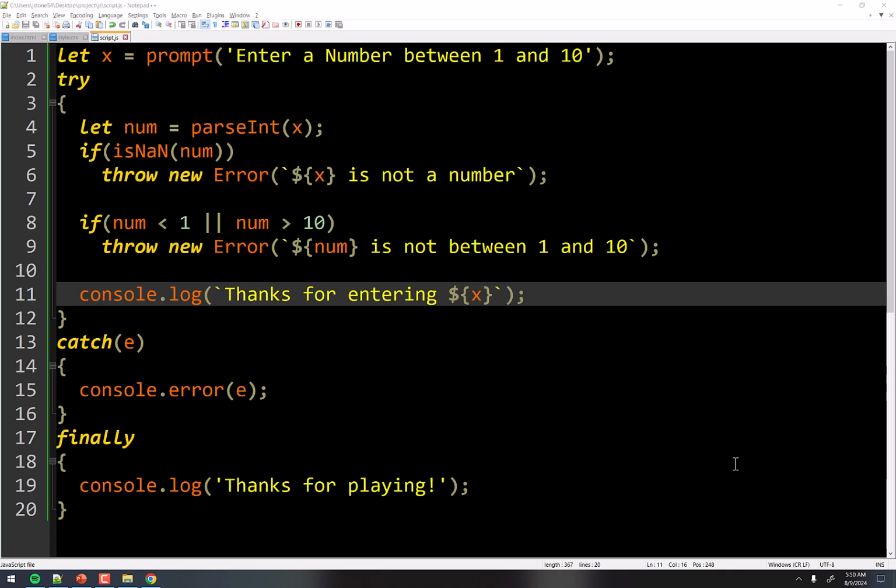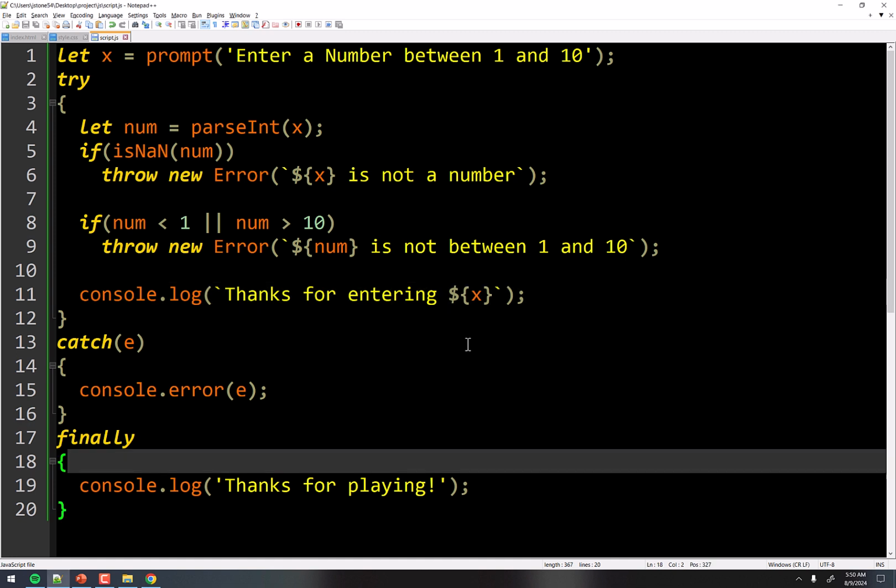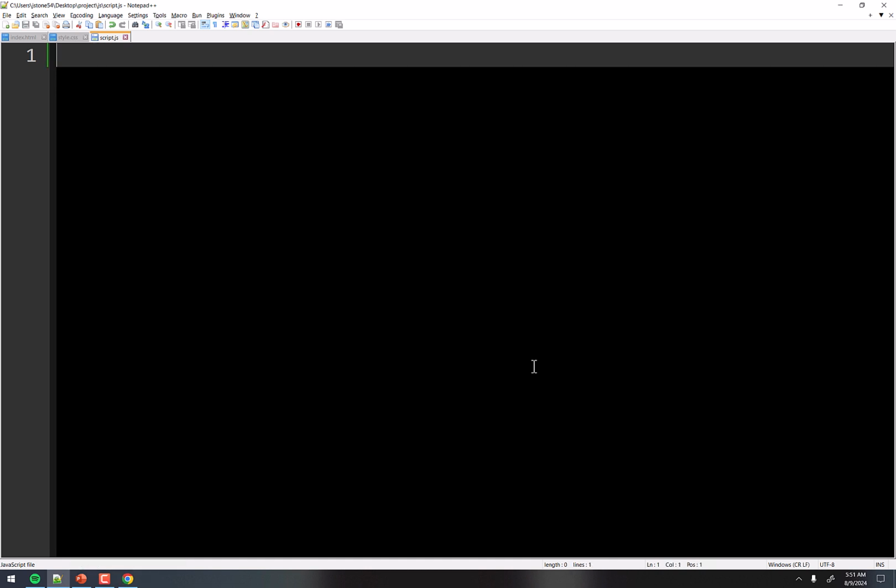All right, now that we've got a basic understanding here of the try catch finally, let's actually do something practical with it. So I'm going to delete all of this. Actually, I'll save this in a separate file called script2, so that way you can download it in the lecture notes and have access to it if you want. So I'll do that real quick. It'll be called script2. Okay, script2 is now officially a thing.